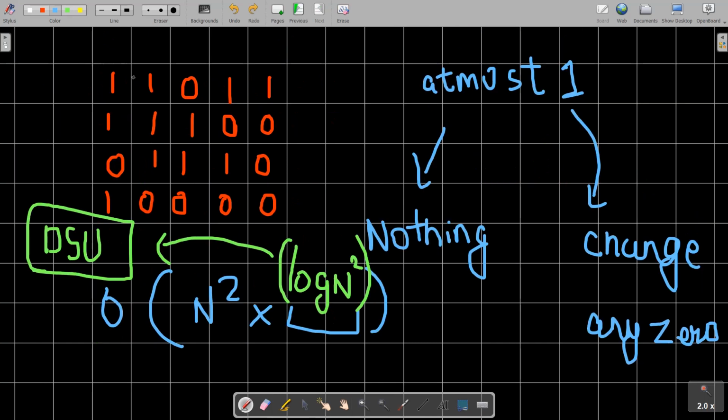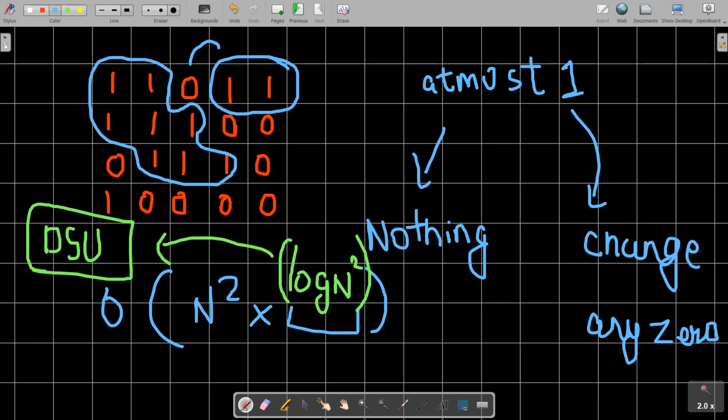As you are seeing in this example, consider that I am going to change this cell containing 0 to 1. On changing this cell, the current island size is going to vary. How is this going to vary? Suppose this becomes 1. You can see that the island size varies like this: this entire region is the new island. If it is not changed, then one island is like this one and another island is like this one. So on changing this cell, these two islands get combined, and the new size of the island is the size of this connected component.